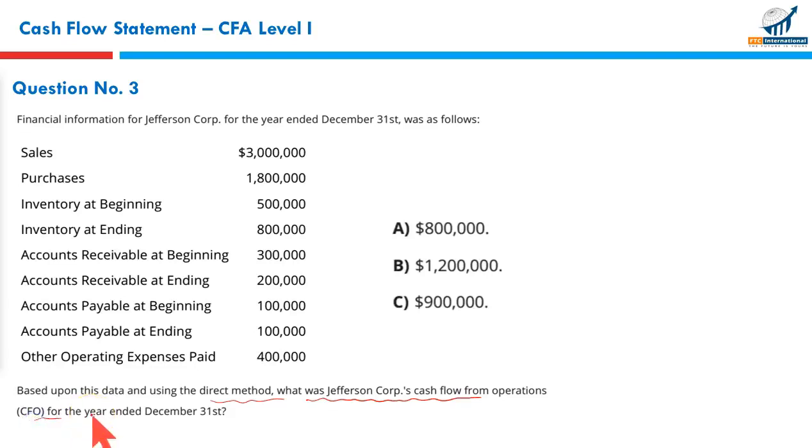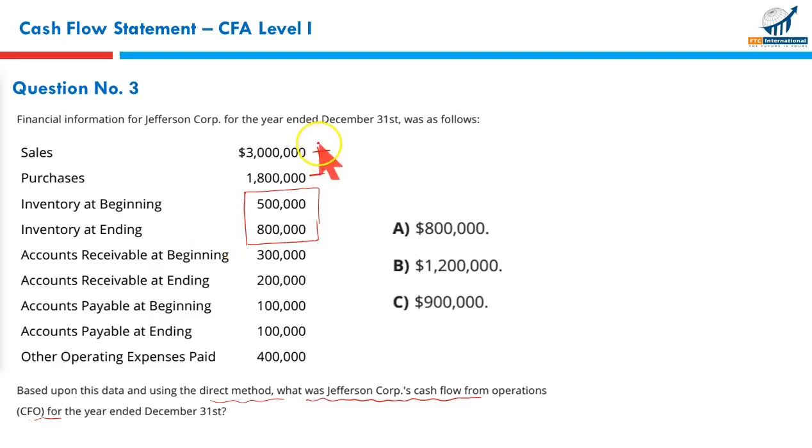Direct method. Direct method is not rocket science. You just have to be a little sensible. You have to take care which items given here represent cash inflow and which items represent cash outflow. Like sales given here is a cash inflow. Using the direct method, sales represents an inflow, right? Purchase is an outflow. All right. What do we do with ending and beginning inventory? We will discuss this a little while later. Let us take the other ones first.